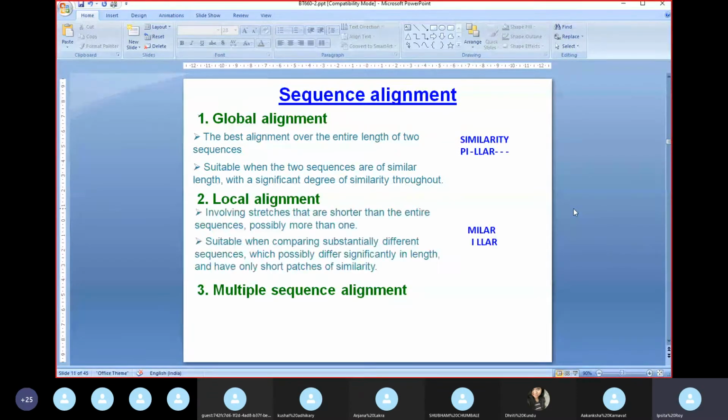Local alignment is at places much more useful than global alignment. Local alignment means alignments carried out locally, in short segments of the protein polypeptide chain. Which means that if you have two sequences, template and query, you can have multiple local alignments. Global alignment will be single, but local alignments could be multiple. This could work with sequences which are not of the same length.